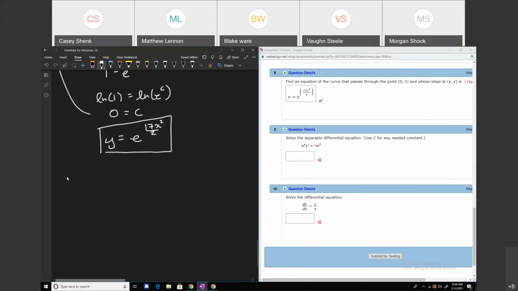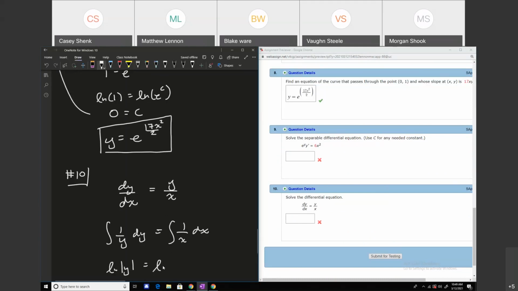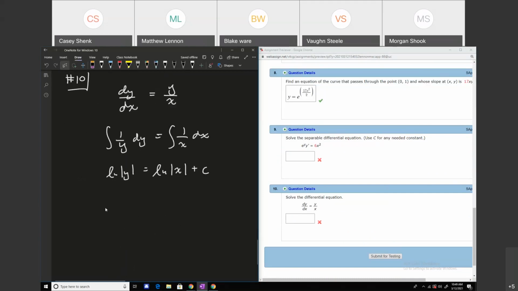Just solve the DE. So number 10, dy over dx equals y over x. So we get 1 over y dy equals 1 over x dx. Integrate both sides. We have the natural log of the absolute value of y equals the natural log of the absolute value of x plus a constant. So you could again exponentiate both sides. e to the natural log of y is equal to e to the natural log of this absolute value of x plus a constant. So we get y is equal to